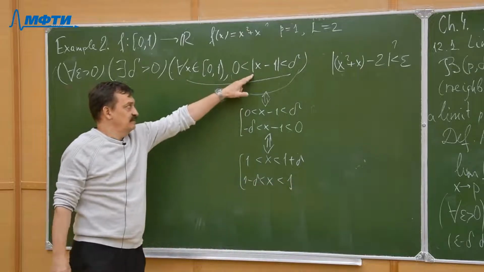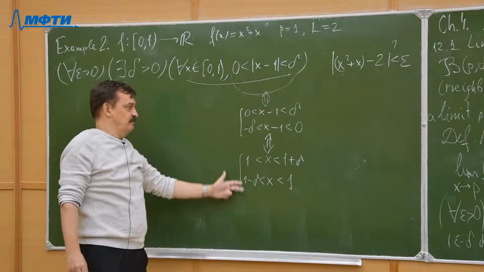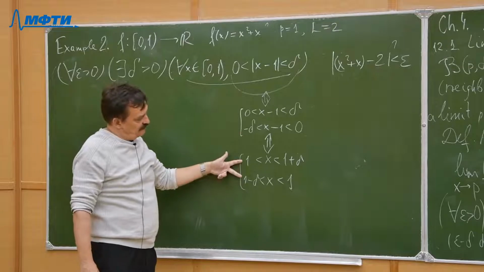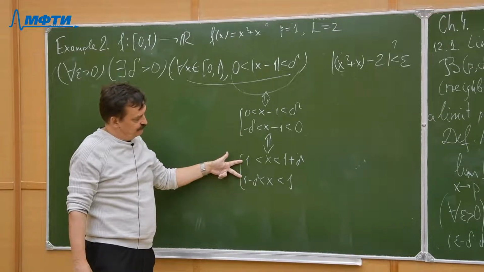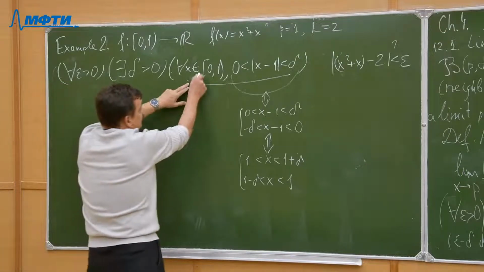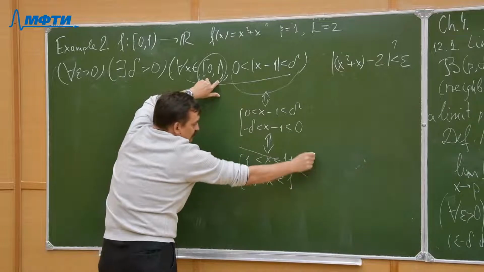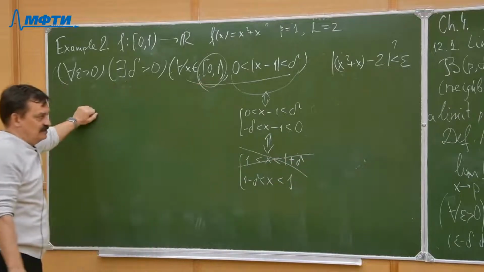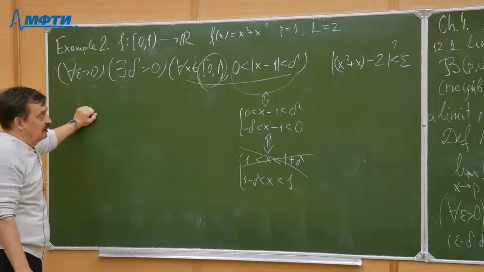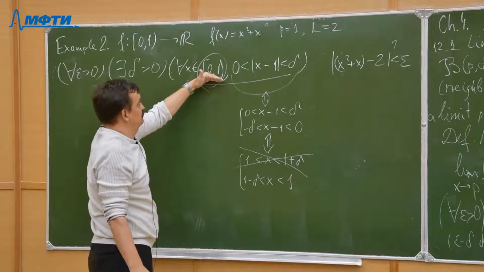So this double inequality with modulus is equivalent to a couple of two double inequalities. But x belongs to a semi-interval. It means the first inequality is impossible. Hence, we can rewrite this